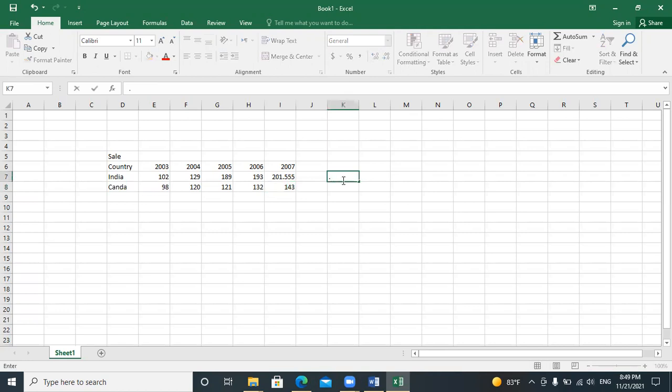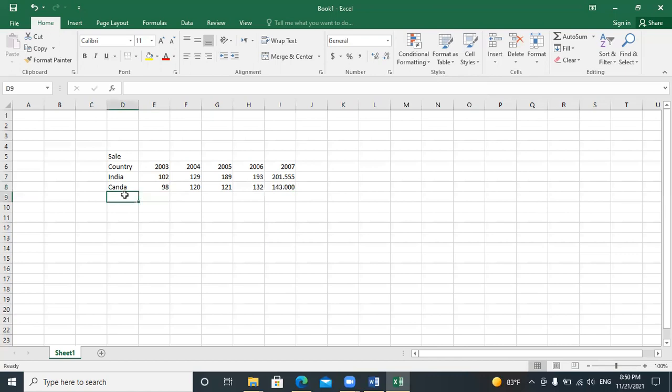That means after the point, you decide how many digits you need: maybe 1, 2, 3, 4. It will increase it, and this other option will decrease it. If I have 4 digits after the point and I press this button, it will decrease it. I will show you with 143. Just select it once. Here you can see it has put 4 digits after the point, but I need only 3. So just one time I click decrease, and it has decreased now.